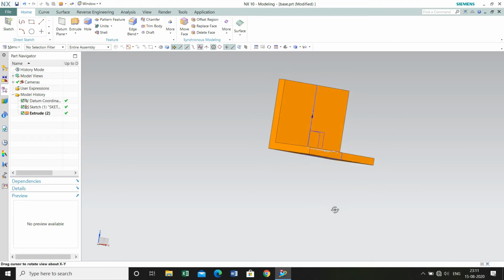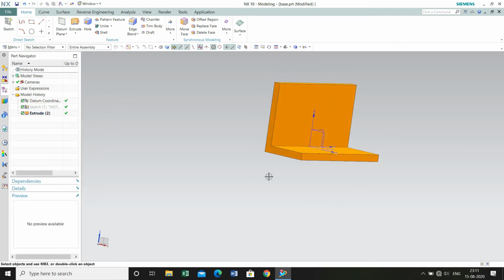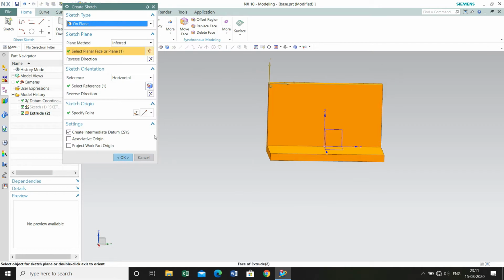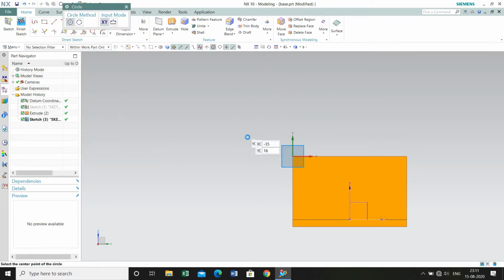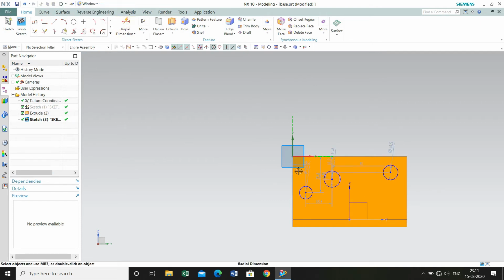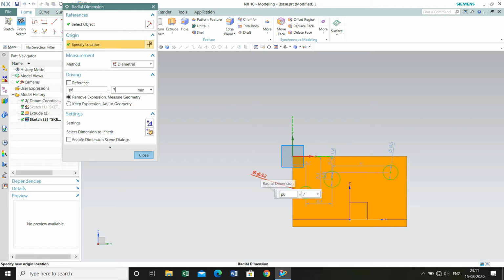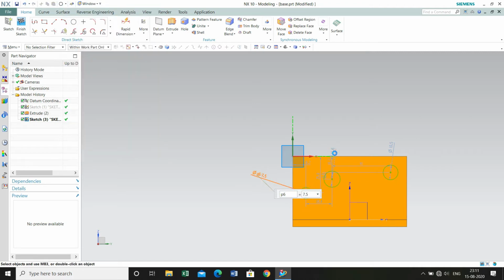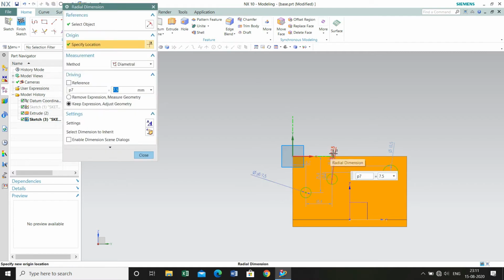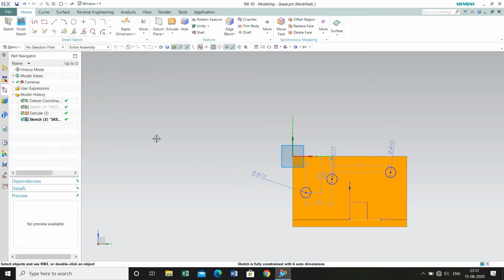Now we need to create 3 circles on the face of this geometry to create shafts for all our gears. So create 3 circles randomly and define the diameter as 7.5 mm each. Now you need to keep in mind the relation that I told you, that the pitch circle diameter is equal to module into number of teeth.